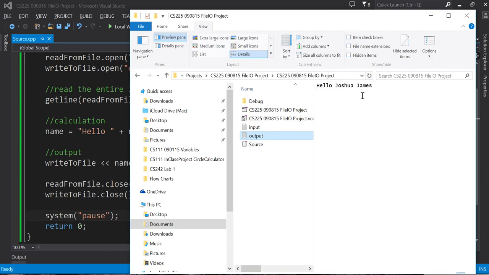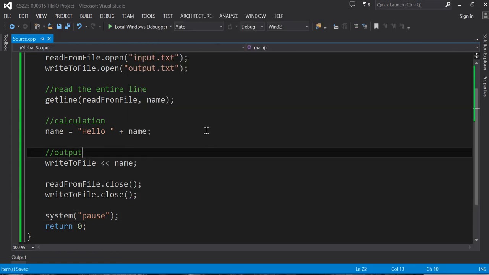Okay, so that's either a good thing or a bad thing. It's a good thing in that we now know how to write data to files, but it could be a bad thing in that it just overwrote what was previously on there. You may not want that. You may want, remember this old data, just push it down and put the new hello Joshua James. Take the hello Robert, hello Joshua James, put that down, hello Jackson Paul, and so forth and so on, right? You may want to just be pushing information down and appending to the output file. This is not doing that. What this is doing is overriding the output file based on whatever information that I have inside the input file. How do you tell the computer to